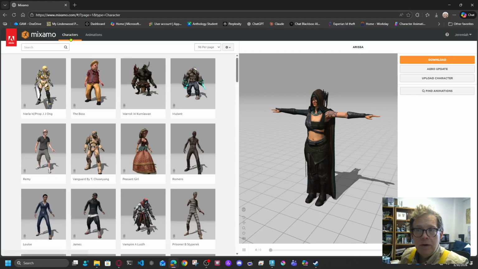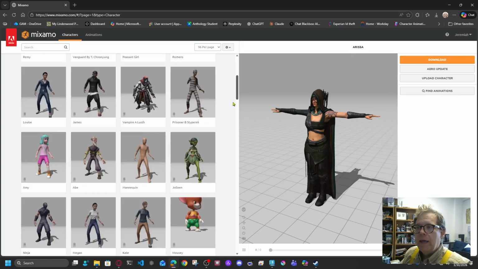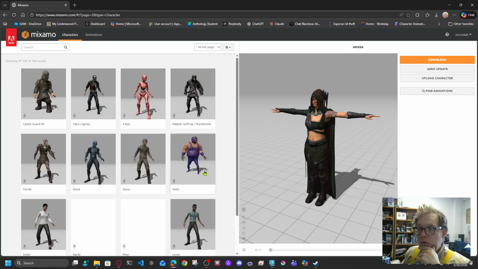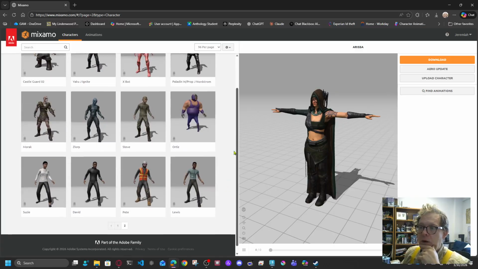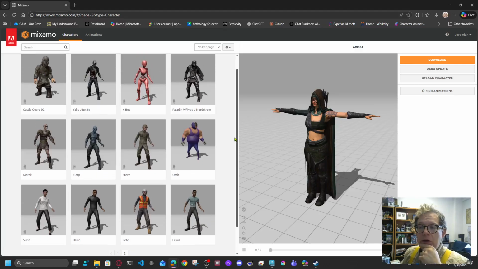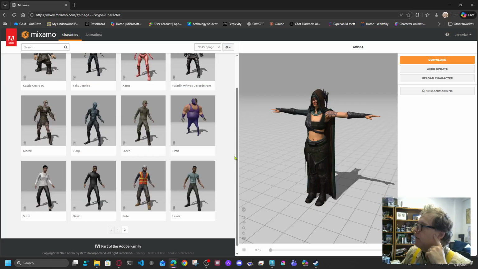So if you click up here to characters, there's two sections, characters and animations. And animations is where most people get really excited in Mixamo. But we're going to look at characters first. There is a catalog of about 200 characters or so that they have on here. Maybe not quite 200, so maybe 100 or so characters that you can choose from. And kind of like in the Autodesk Character Creator,